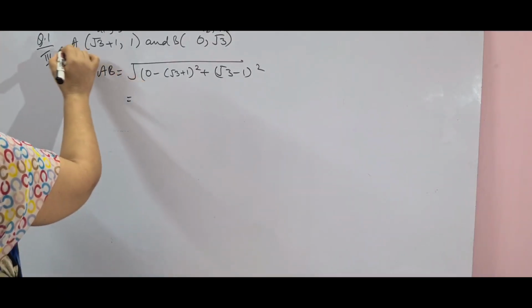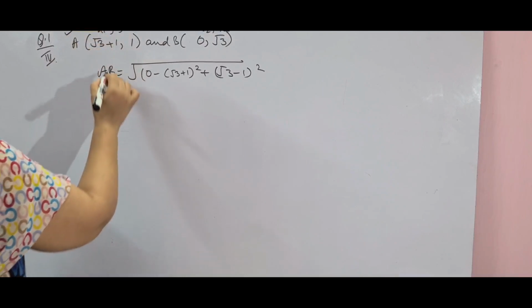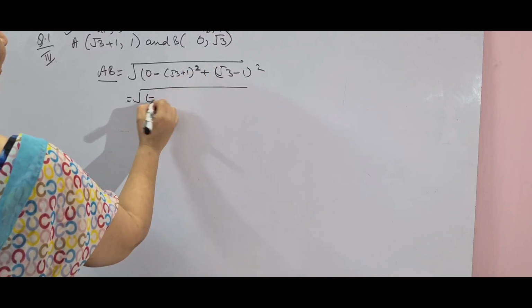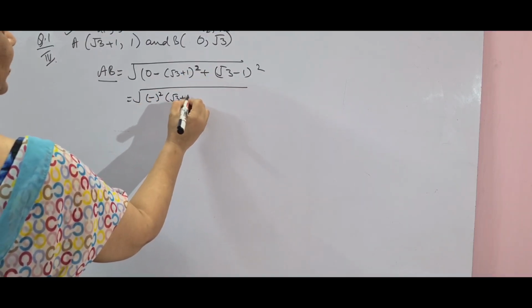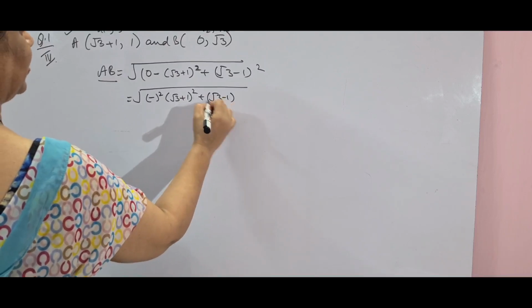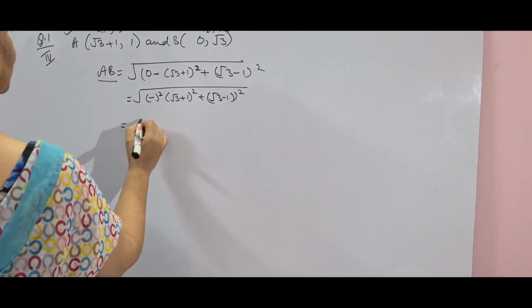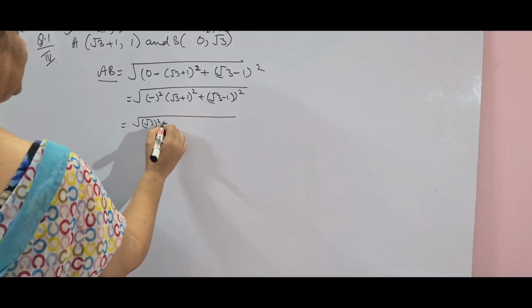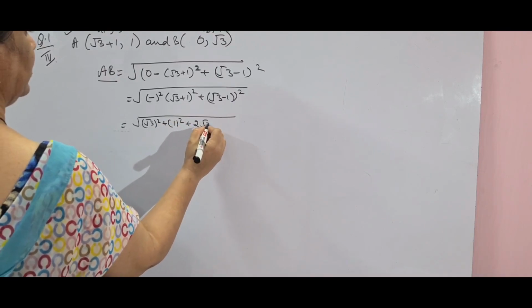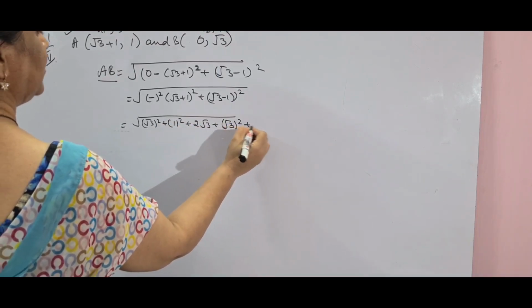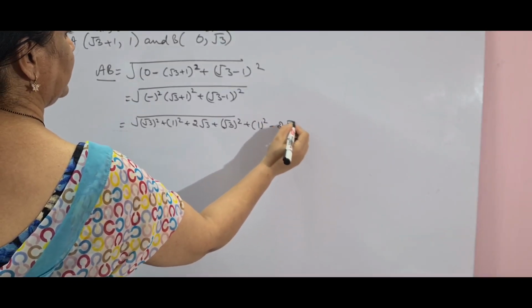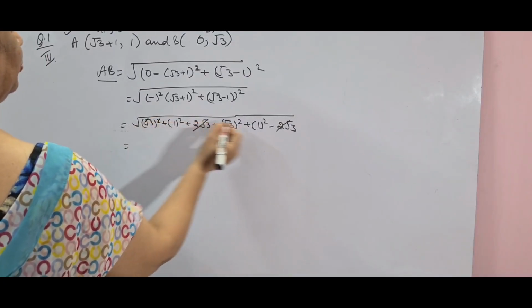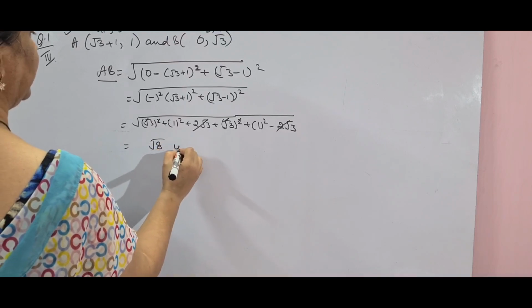When you do it, I've just written question number 1, 4th part here, and then AB to be put, then minus square root 3 plus 1 whole square, root 3 minus 1 whole square. Put the formula, children, and the rest: minus square is plus, so this will be plus, and you put the formula a square plus b square plus 2ab plus a square plus b square minus 2ab. So this is a minus b whole, and the rest as it follows, you do the sum, the square roots cancel, and your answer is 8 units.